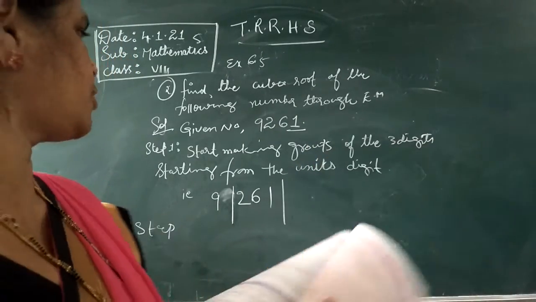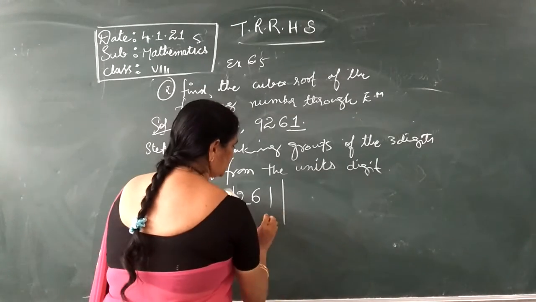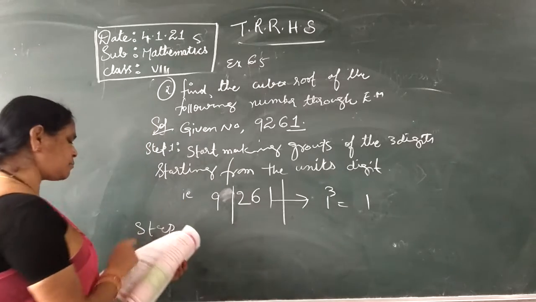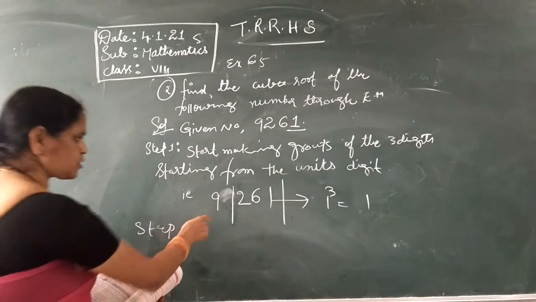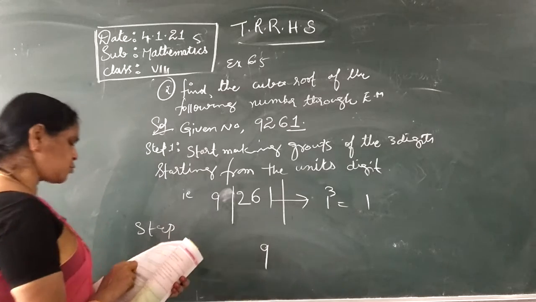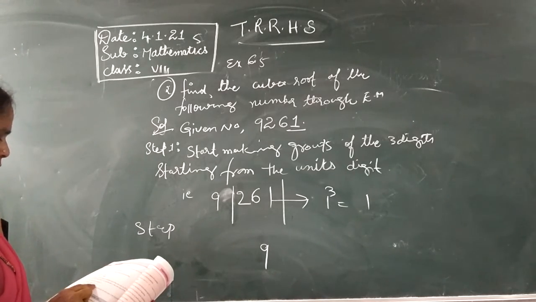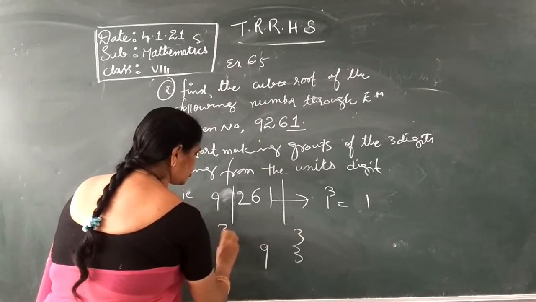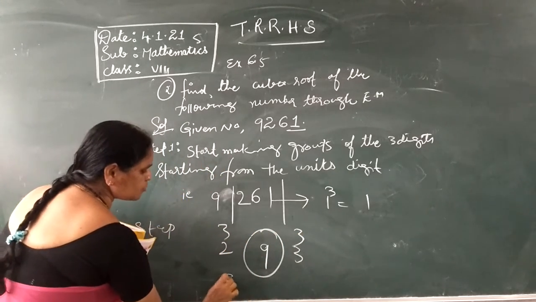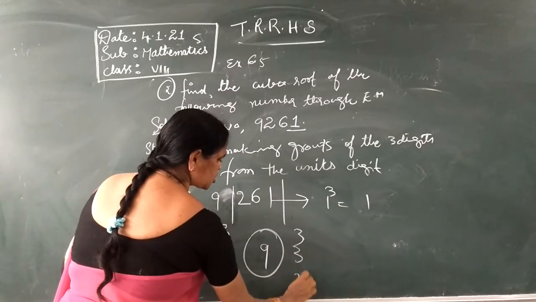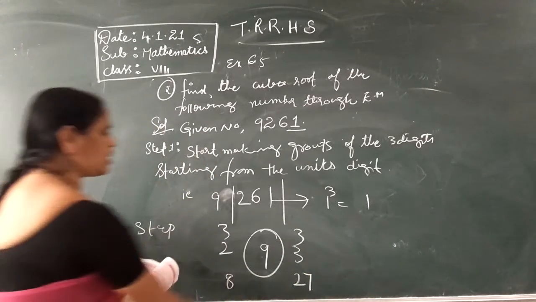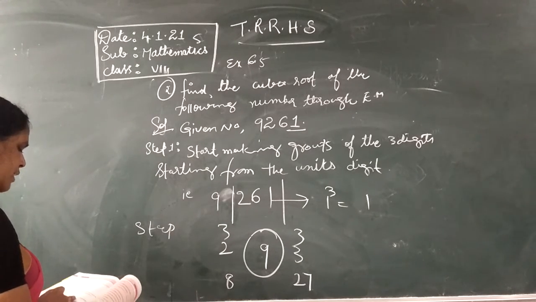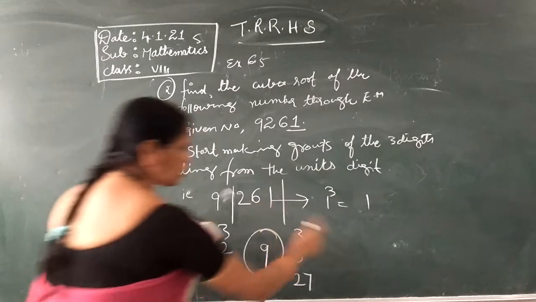So now take the second group. What is the second group? For the first group you take this 1, and 1 cube is nothing but 1. In the next group, what is the number? 9. So take that as the second group. Now we know 2 cube and 3 cube. 2 cube is 8, and 3 cube is 27. So that 9 is in the middle of 2 cube and 3 cube. As the smallest number is 2, it becomes the tens place of the required cube root. So already this 1 is given.